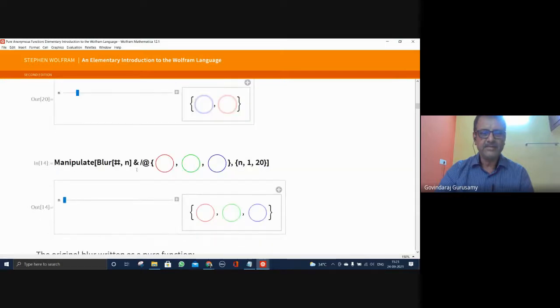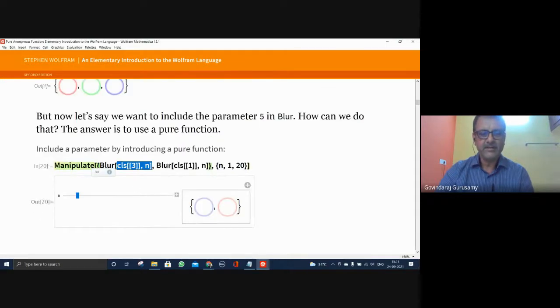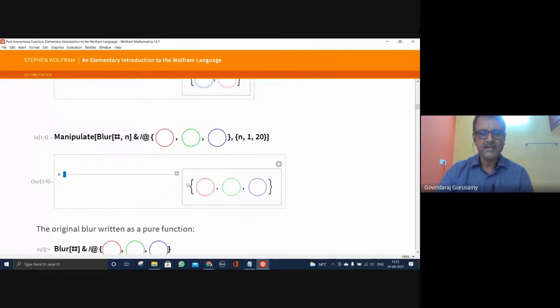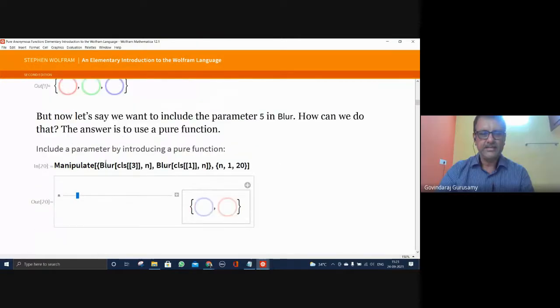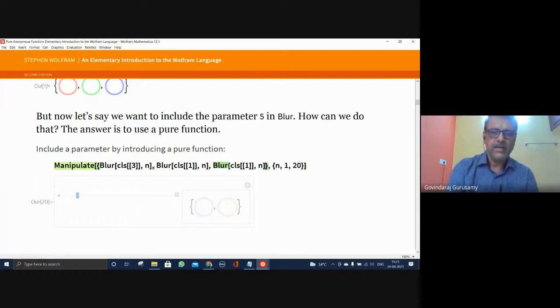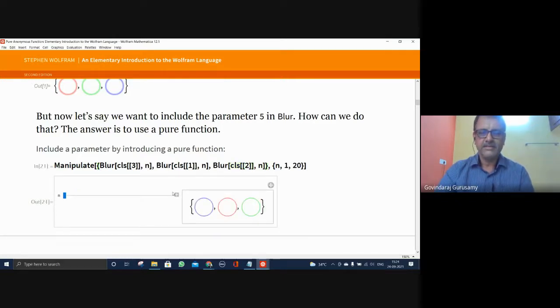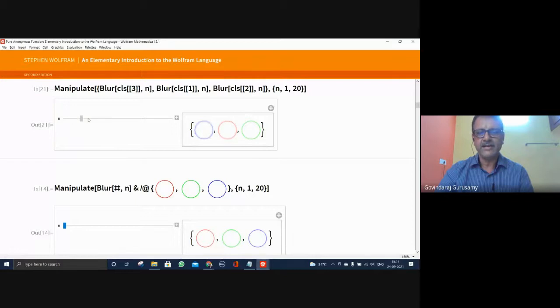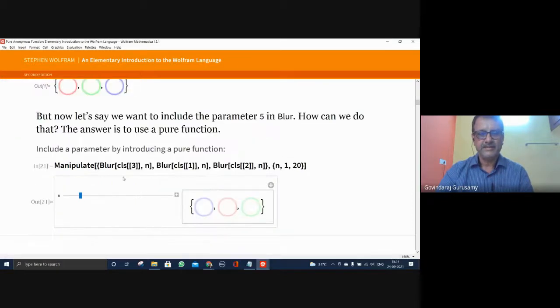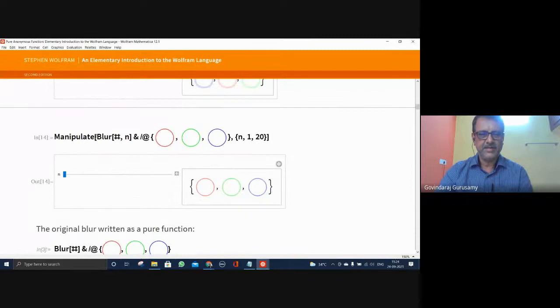That's why it's a pure function, which is a powerful function. I don't have to define it 3 times for 3 different circles. You get the point? If you expand it, this is what the statement is. I have to add one more here for the 2 also. Make it 2 here in the list. I don't want to do this. You can see the order has been changed. Now you can see the blurring. Whereas such statements can be put in this form. That is a pure function.